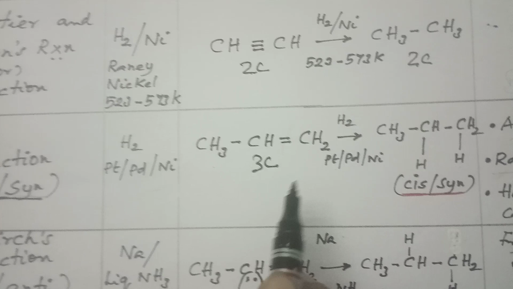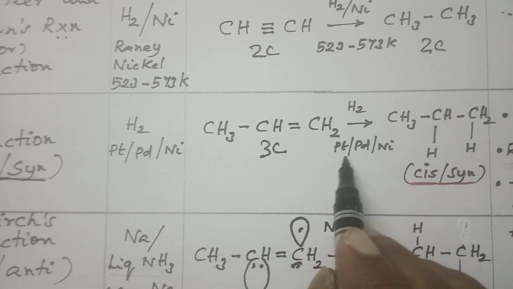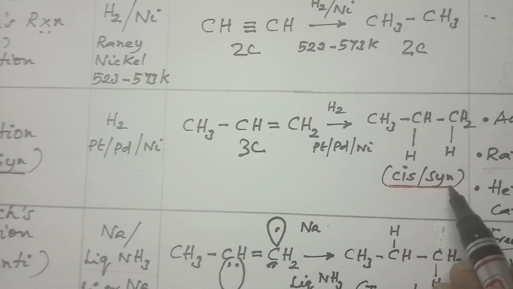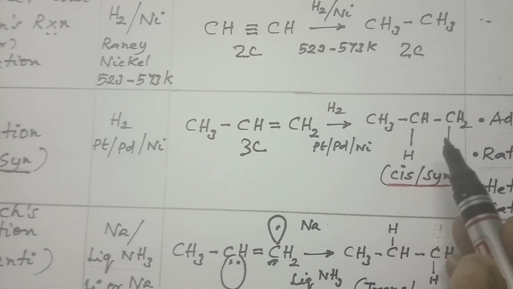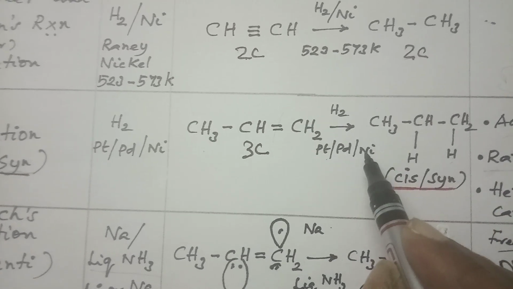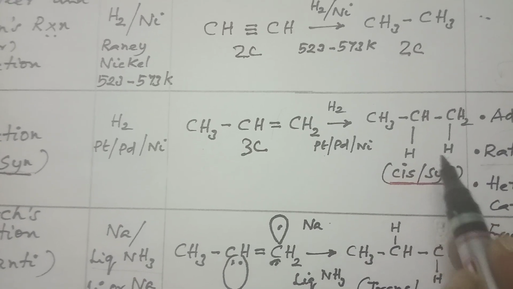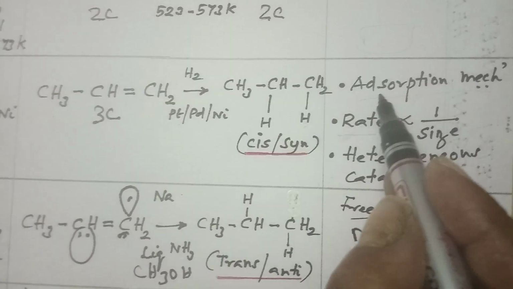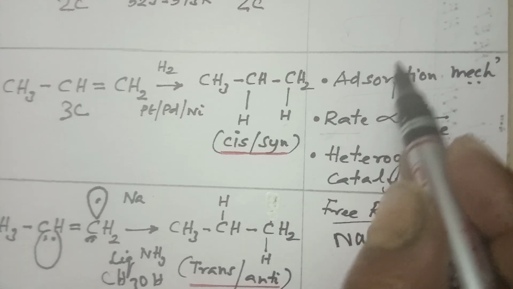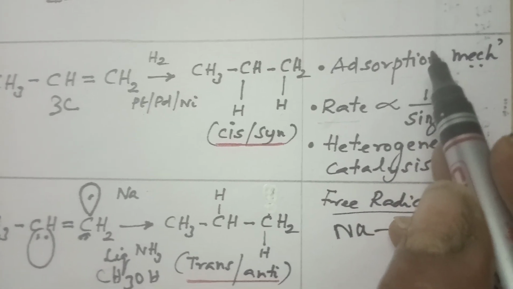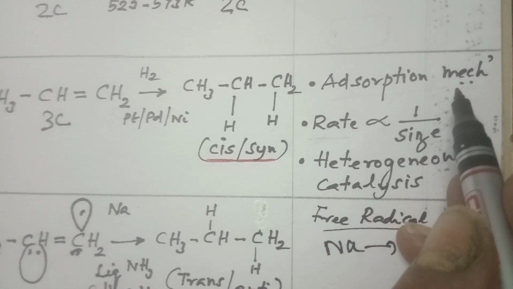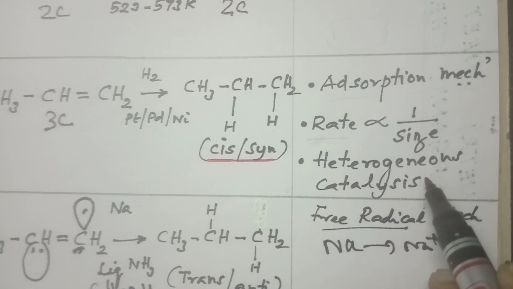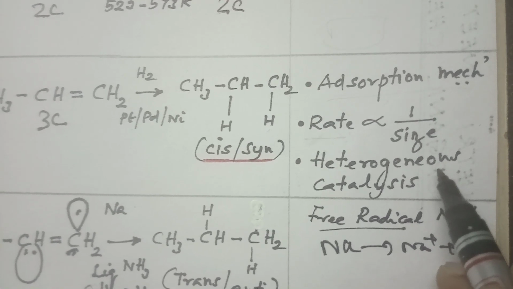Let us go to the equation given. The propene with the reagent gives cis. What is the meaning of cis? It means addition across the double bond on the same side, that is, similar groups on the same side. Because of this reagent you get the cis product. Now the remaining important point is that this reaction follows the adsorption mechanism. That means on the catalyst, molecular hydrogen forms atomic hydrogen, resulting in the product. That is the adsorption mechanism, with the knowledge of heterogeneous catalysis. This point you have to study in surface chemistry.